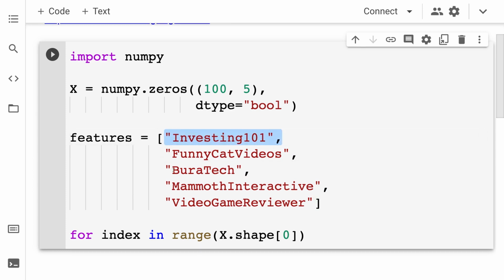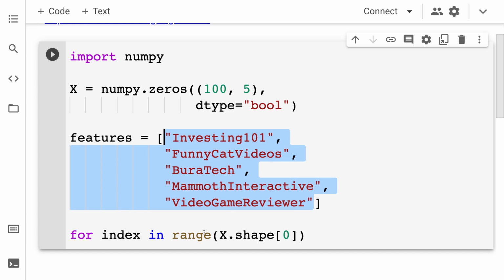So then we're going to have this data set of history, and we're going to see if they liked one video but didn't like another video, and that means that they're more likely to watch videos that they liked. So we're going to find correlations among the different channels. For example, if we find consistently that viewers liked investing but they hated cats, then we know that we shouldn't recommend cat videos to people who like investing. Similarly, if we find that a viewer liked Bureau Tech and they liked Video Game Reviewer consistently, and we find that consistent among our viewers, then we know that we should recommend Video Game Reviewer to watchers of Bureau Tech, because there is the correlation. So we're going to build a data set of sample history, and then we can use that data set in the future.